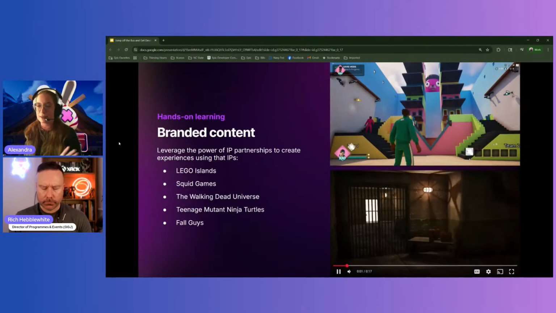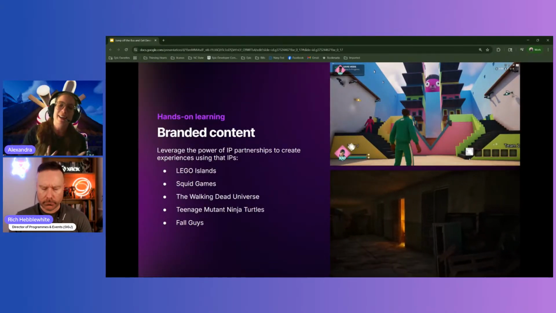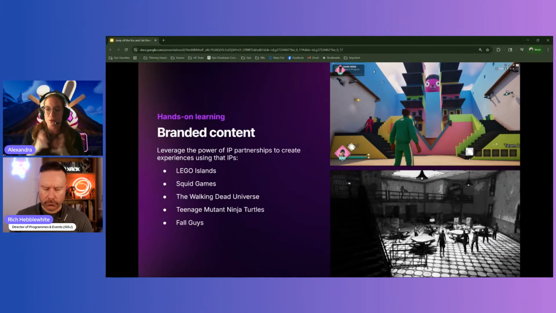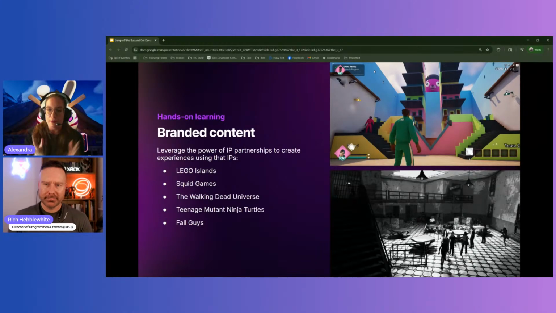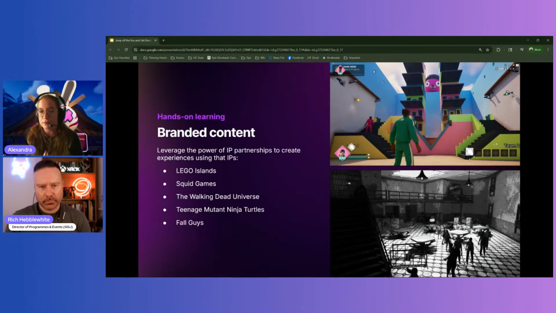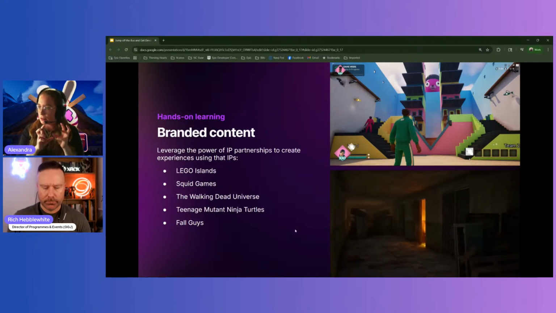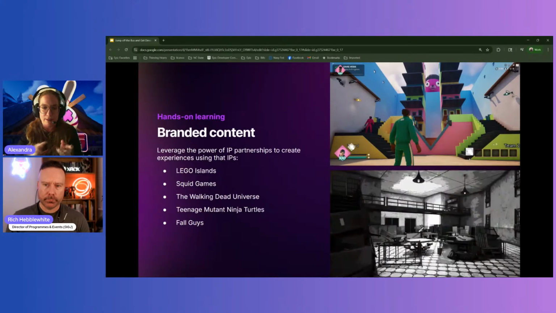Okay. Branded content. Okay, our IP content is so cool. Not only do you get to have access to some of these really iconic and beloved IP and brands, but also a lot of them showcase new features. They highlight new content that we've been adding or developing out. So like Squid Game, for example, added a bunch of devices that allow for more social deception type games, which was really cool. And then The Walking Dead, you can see, added a lot more visual effects and post-processing effect type things into that set.